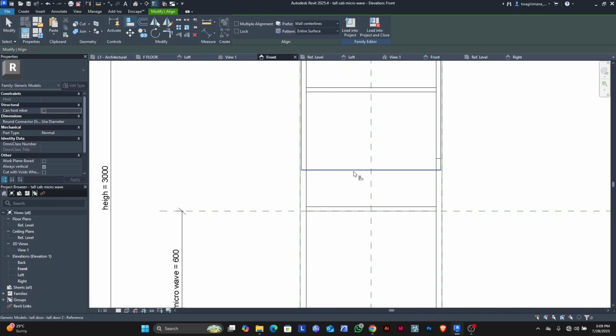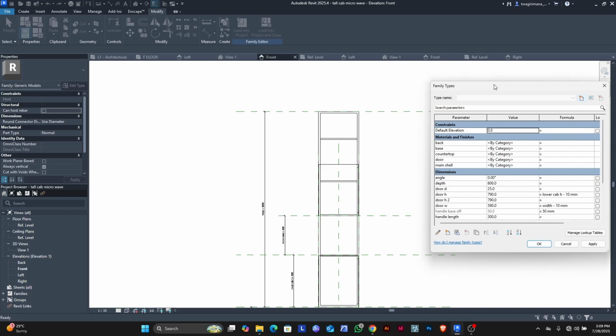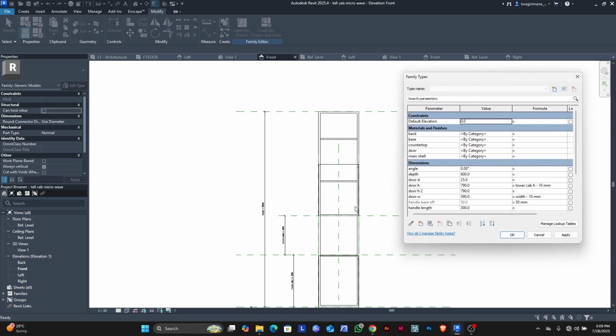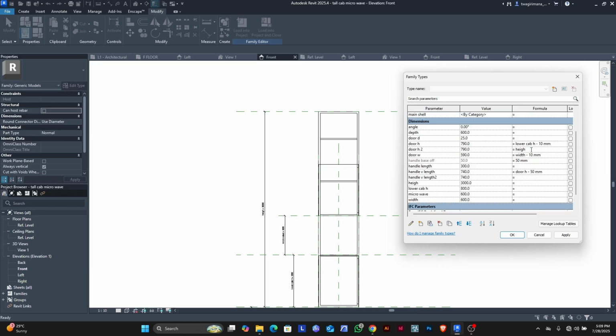What you're going to do, first of all, we are going to align and lock this door bottom at this reference plane. Lock it, then we need to add the formula. Which formula? The formula which will allow us to set the height of this door number 2, door H2. The formula is that it is equal to the overall height minus the lower curb H